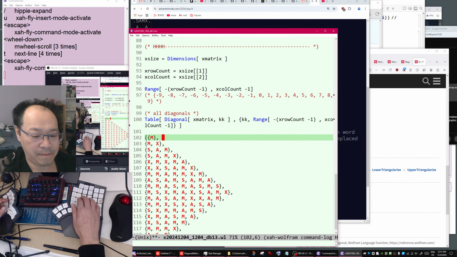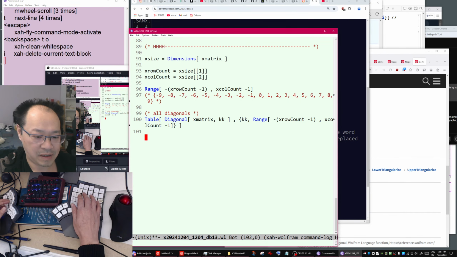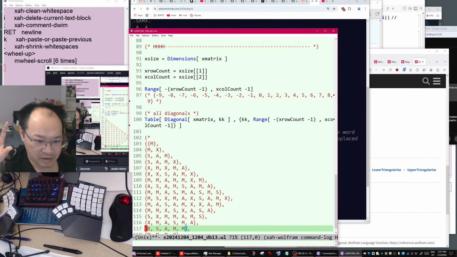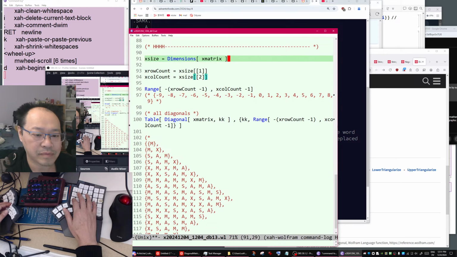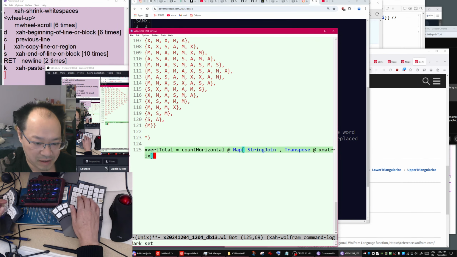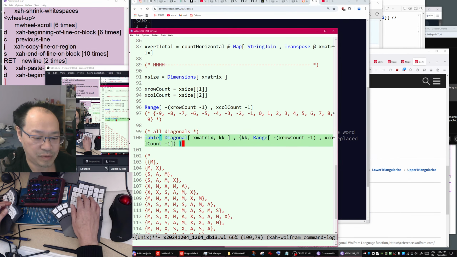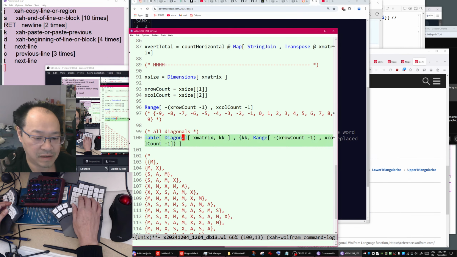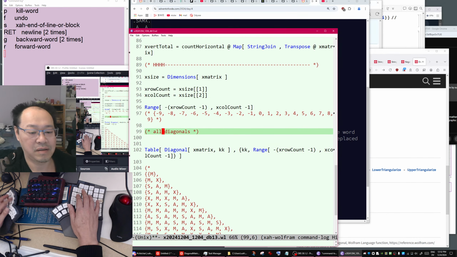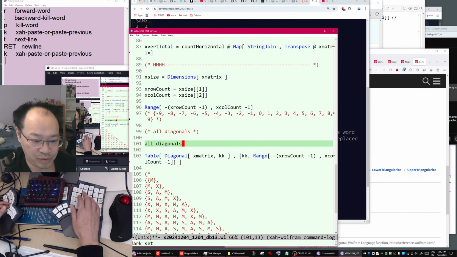Okay, yeah, we got that. That's beautiful. But then you just apply the same algorithm to the diagonals. Okay, so let's abuse variables.